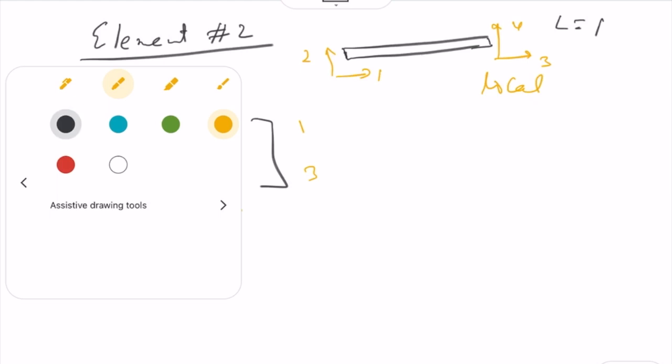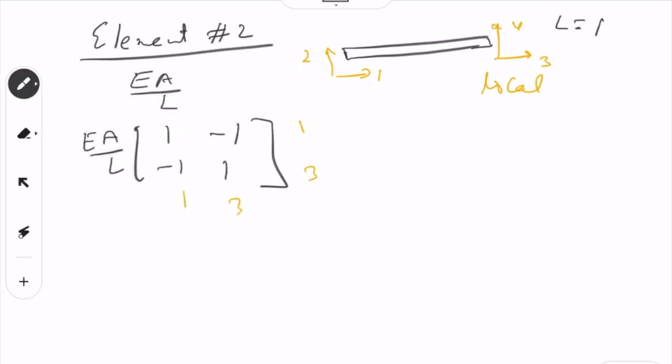So basically in K new one, we are talking about K1, let's call it, this small K1 was a 2 degree of freedom system. Big K1 is a 4 degree of freedom system for the element. Accordingly we can write,